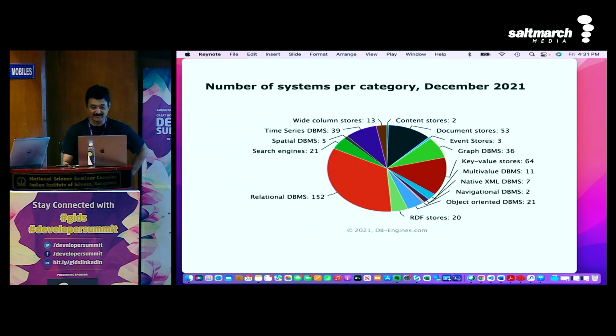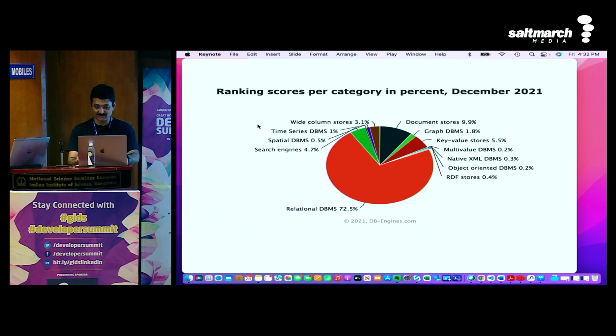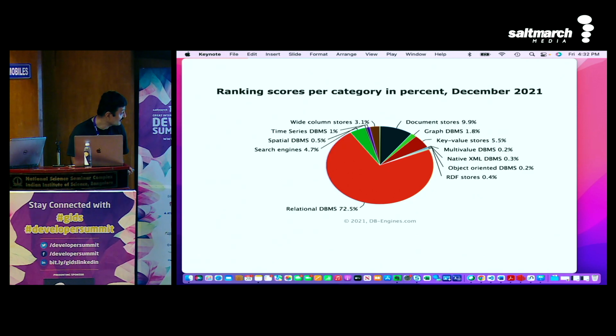What's really happening is the number of databases keeps on increasing. These are all the databases which are there. If you see here, a lot of document store databases are coming in. Wide columnar databases are coming in. Relational databases are still a big pie. If somebody tells you relational database is going away, that's not true. And I am a proponent of using relational databases. It's not going away in the near future. Basically, everybody will come back to relational databases. I'll talk about that in a second.